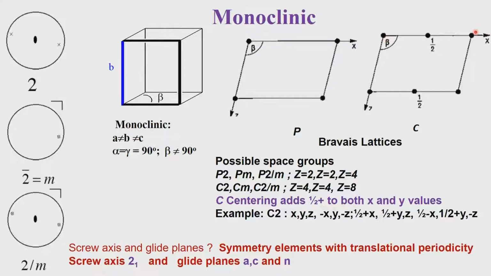That means you now have the lattice points at 0, 0, 0, this is 0, 0, 1, and this is the position at 1, 0, 0, 1 unit along x, 0 along y and z, and this is the position where you have a value of 1 for x and a value of 1 for z. This is the z direction, this is the x direction. So this will be 1, 0, 1. So if you consider these 4 points, defining these 4 points which are exactly the same, we will have the